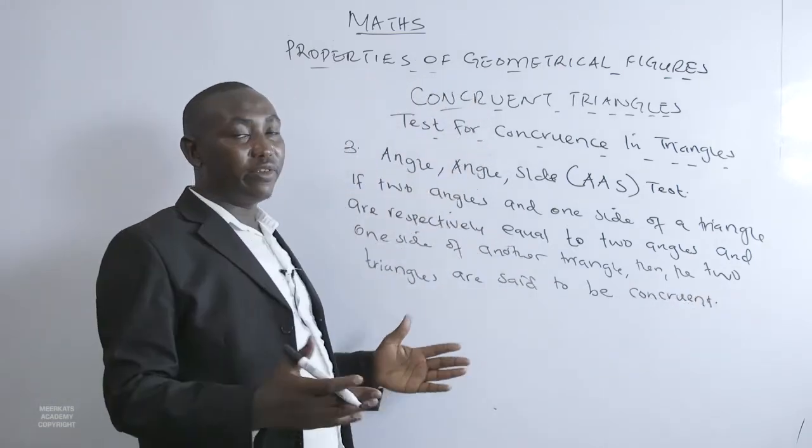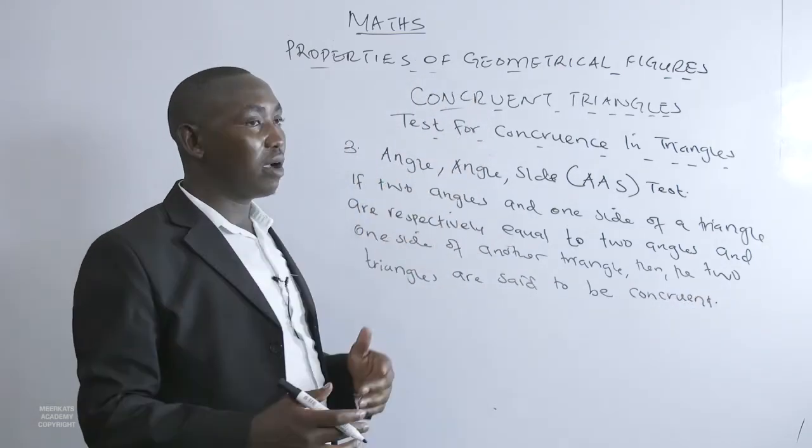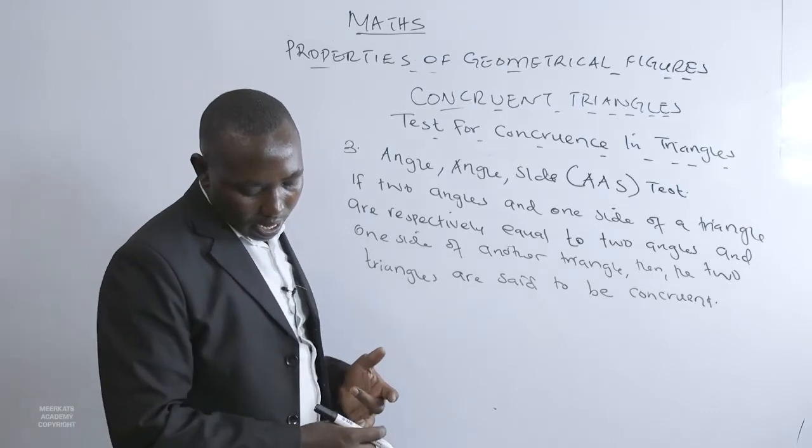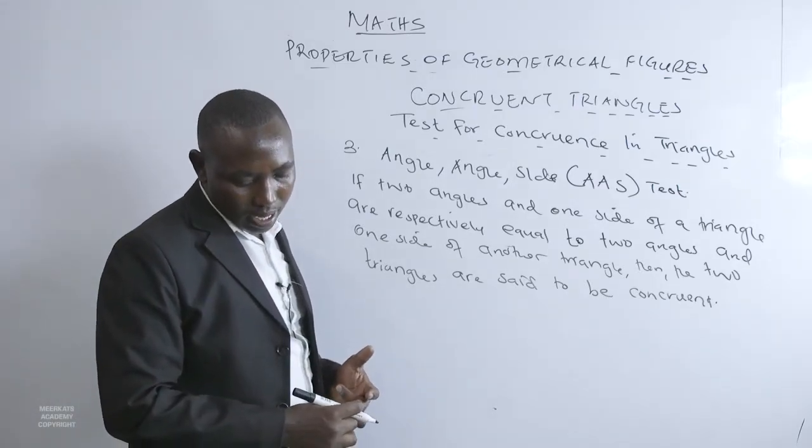So this is now on the virtue of the angle side, and we can have it as in this case we have this triangle